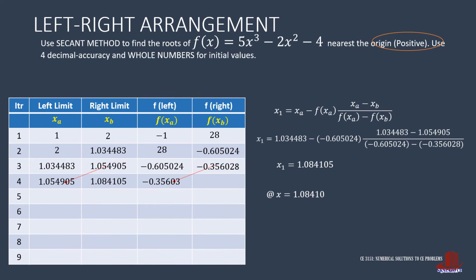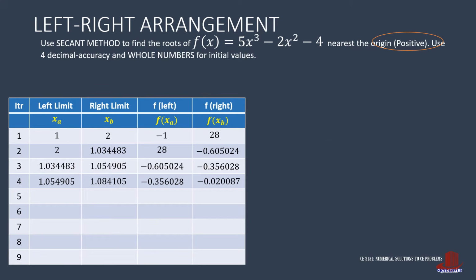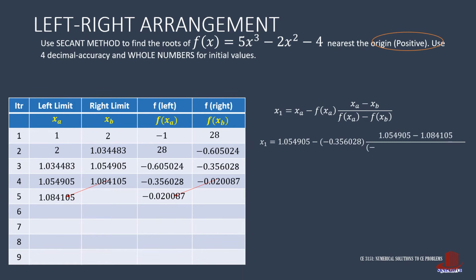1.084105. Take this value of x and plug it into the function, and then come up with f of xb, which turns out as negative 0.0287. We already have 1 0, so we keep on iterating. We again slide xb into the new xa, and also f of xb becomes the new f of xa. Then compute for xb using the secant formula, which results to